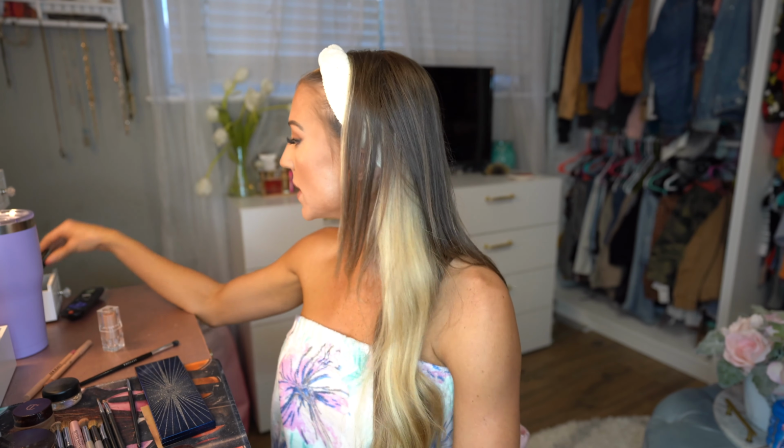Last but not least, I'm going to go ahead with my mascara. I do have lash extensions, but this one right here is Scott Barnes Pumped Up. He has mascara that's easier to get out of your lash extensions, because we can't help but get product on our lashes while doing our makeup. And I know having lash extensions is awesome, but when the product gets on it, it's like they're dusty. So you got to go ahead